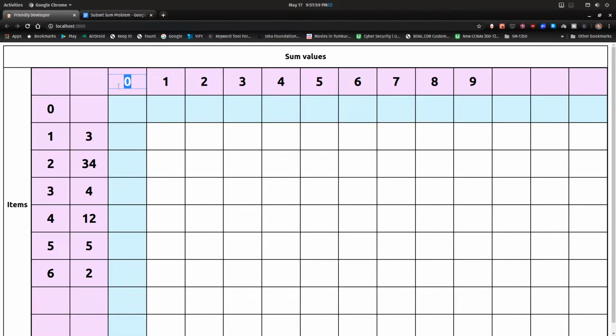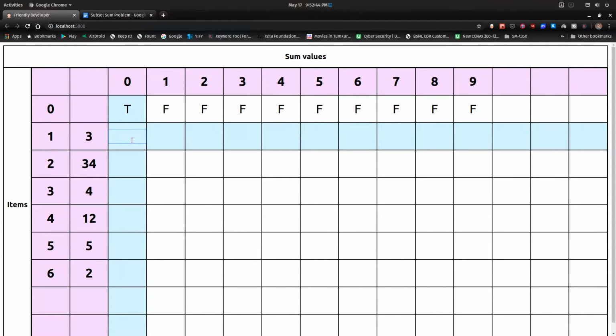To get a sum value of 0 when we have an empty set of integers, there is a subset, the empty set, which will sum up to value 0. 0 does not need anything, and for all the other sum values we cannot get a subset because our set doesn't contain any integer. So we cannot sum up.